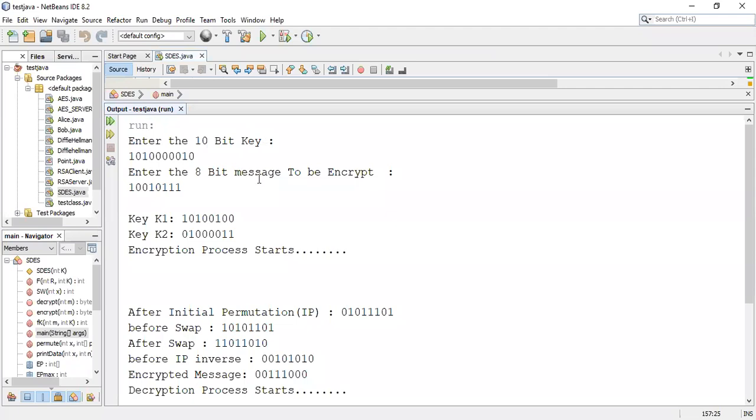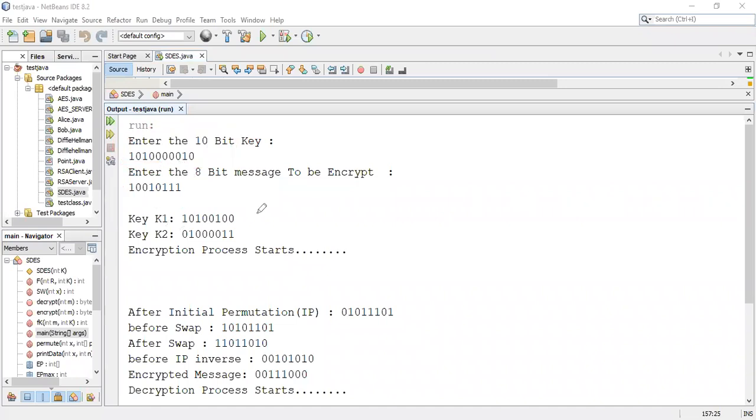So this is the program, I just have to show the output. Here you see that I have shown to enter the 10-bit number. This is the 10-bit number I have entered for the key generation. Then the 8-bit message, that message I have to enter.